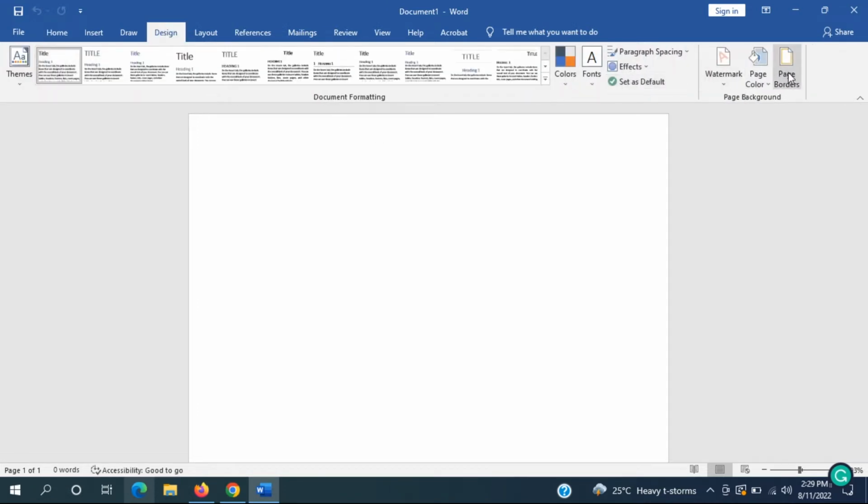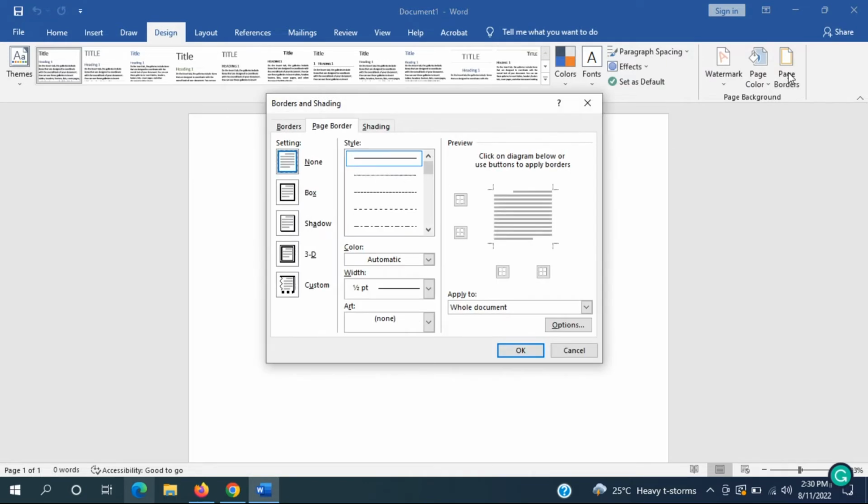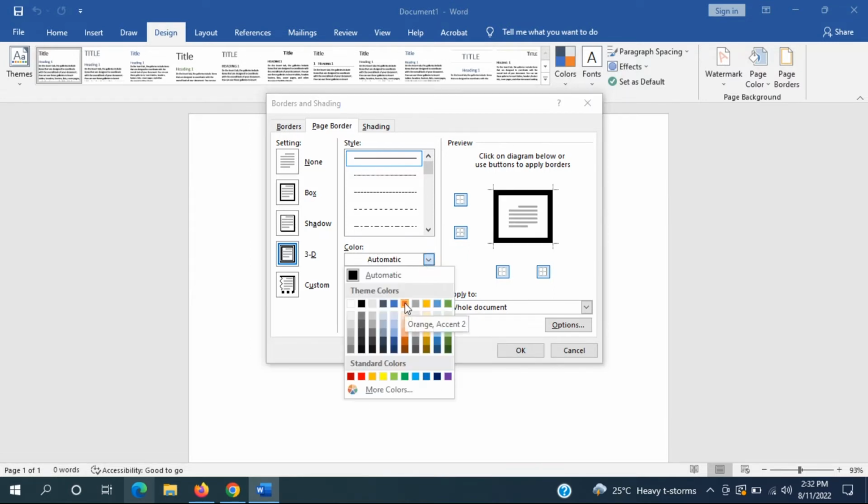then on the far right side select page borders. And now select whatever border size you want. And if you want it to be colorful, I recommend making the width larger than the default, which is normally half a point. So I'm actually gonna make it 6 points here, and I'm gonna select for the color, and